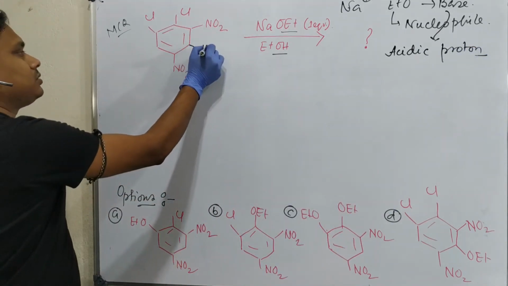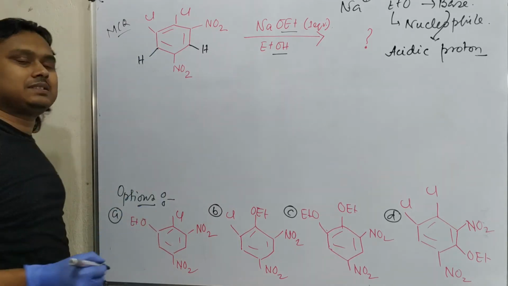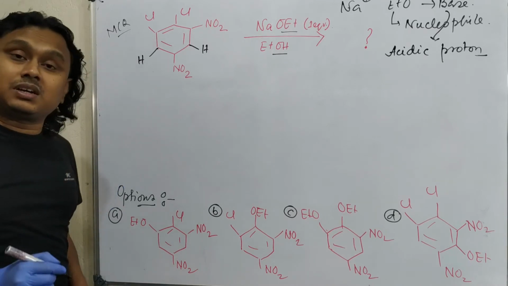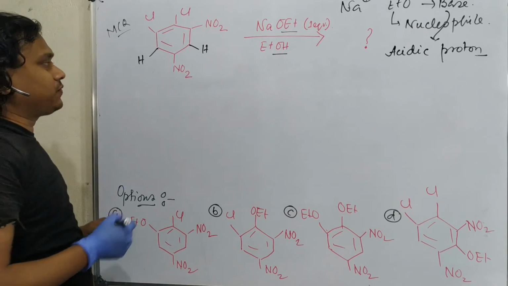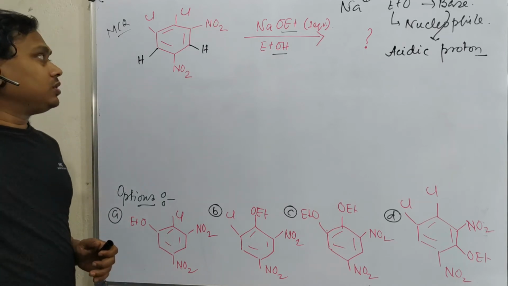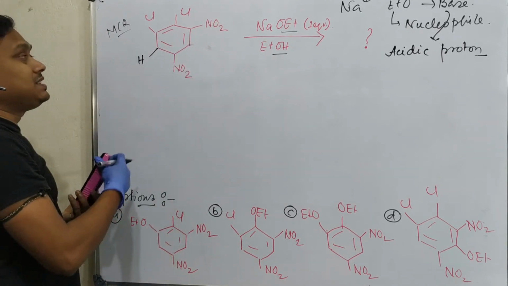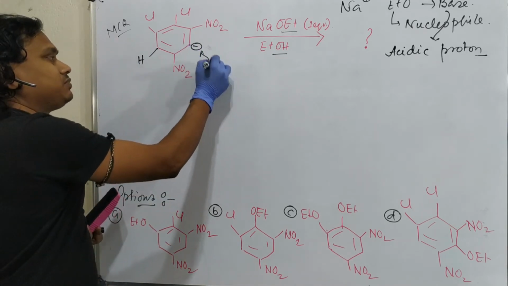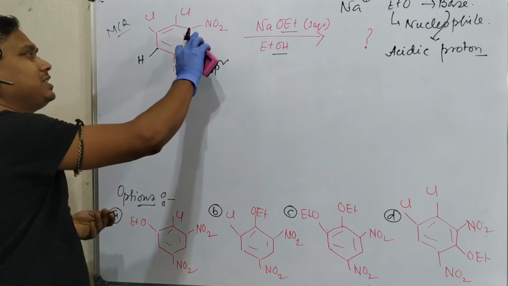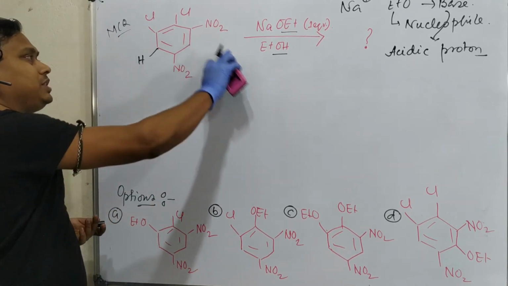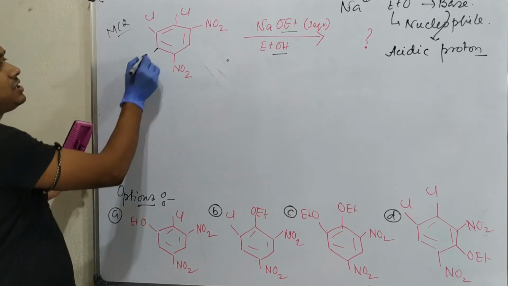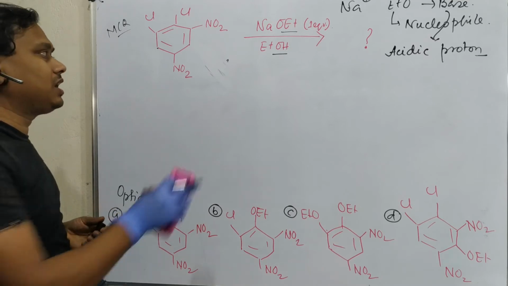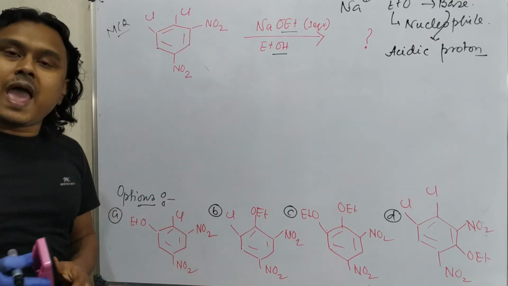In this case, you can say, sir, in this molecule there are 2 protons available that can be acidic. I agree, but they are not significantly acidic, and additionally, we need to consider the fate of the conjugate base. If I remove this proton, the conjugate base is between 2 nitro groups, but it is not that stable, because the negative charge is in an sp2 hybridized orbital, so stability is less. Similar is applicable for this proton, where the negative charge is also not stable.